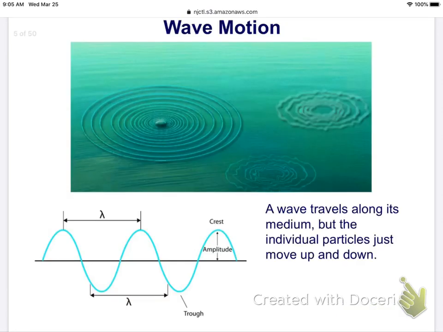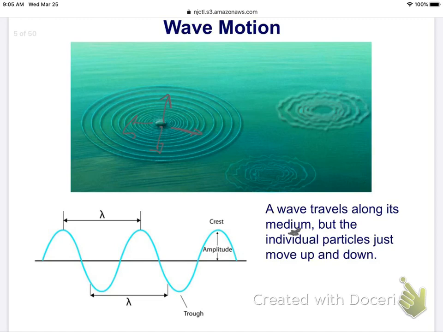If you drop a pebble in the water, you can see that the ripples from the waves will travel outward from where you dropped the pebble, right? So a wave travels along its medium, but the individual particles